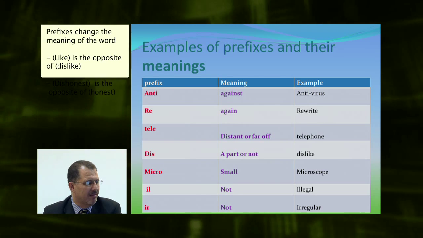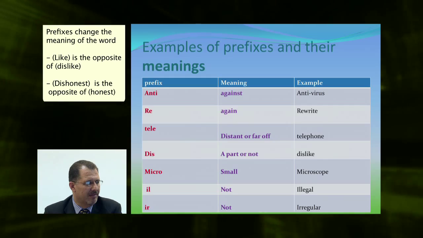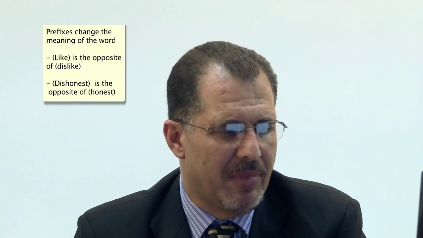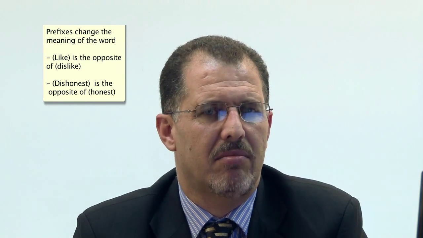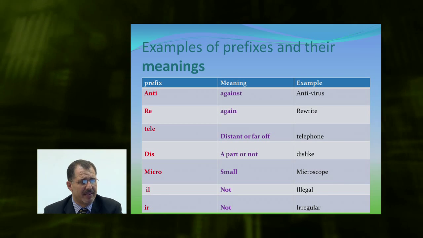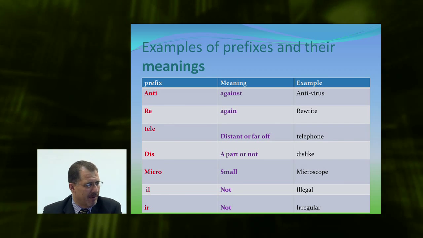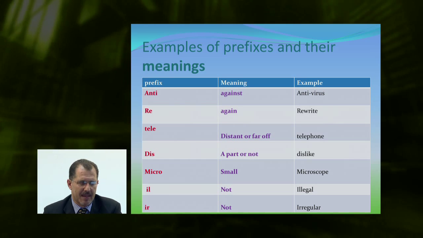The next one, ir, which means again not. The example is irregular. We have other examples like irresponsible, and so on. Now, after taking a look at this table, which talks about prefixes and their meanings and the examples that we have,